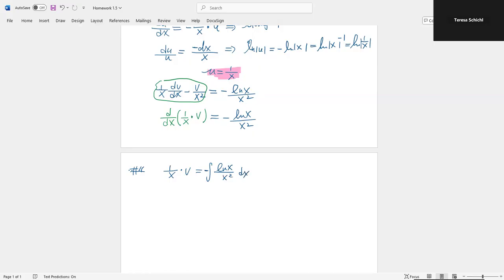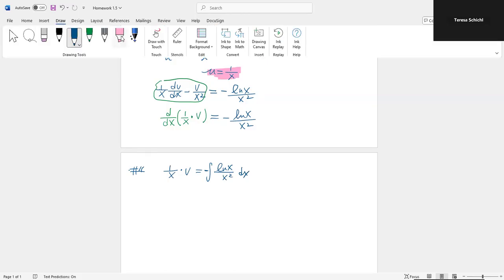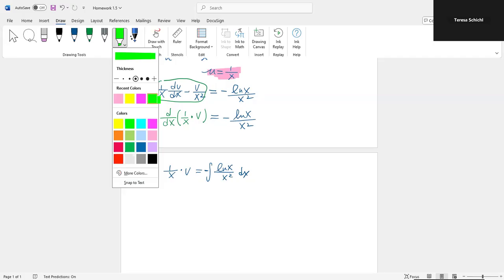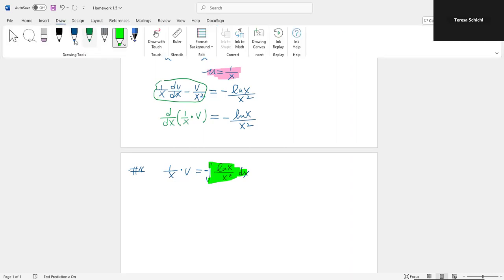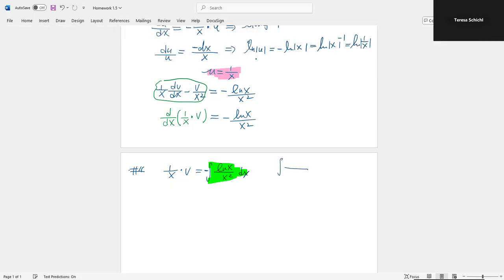How are we going to integrate this? We put a negative sign in front of it, and for the integral of ln x over x squared dx,